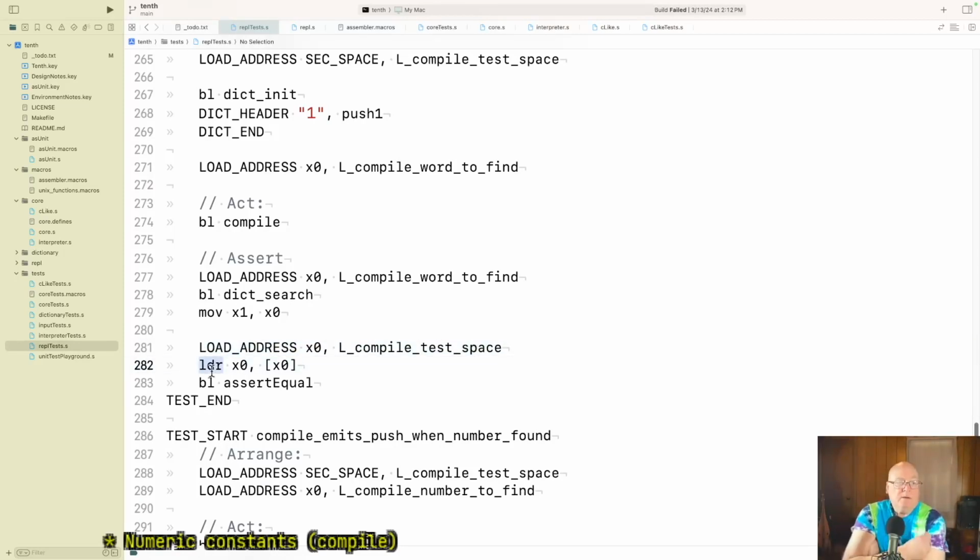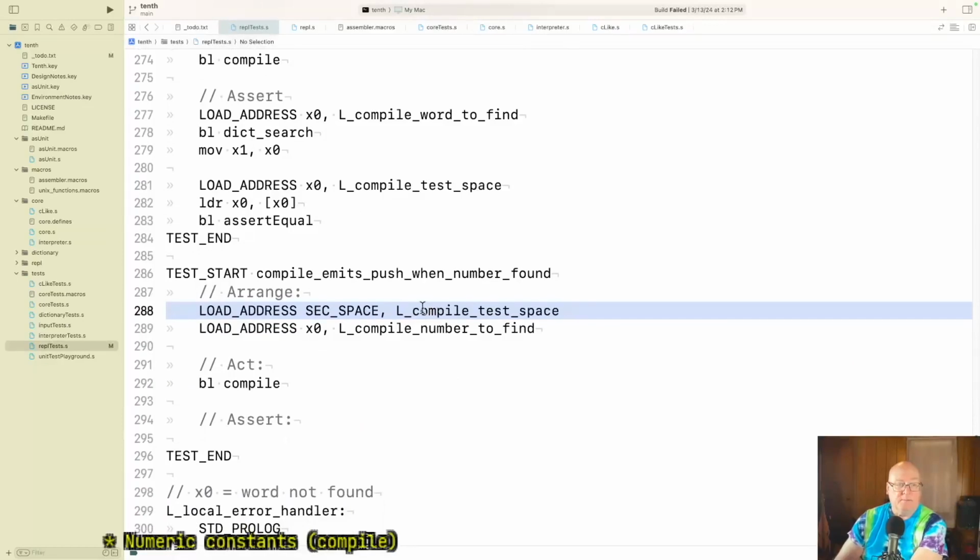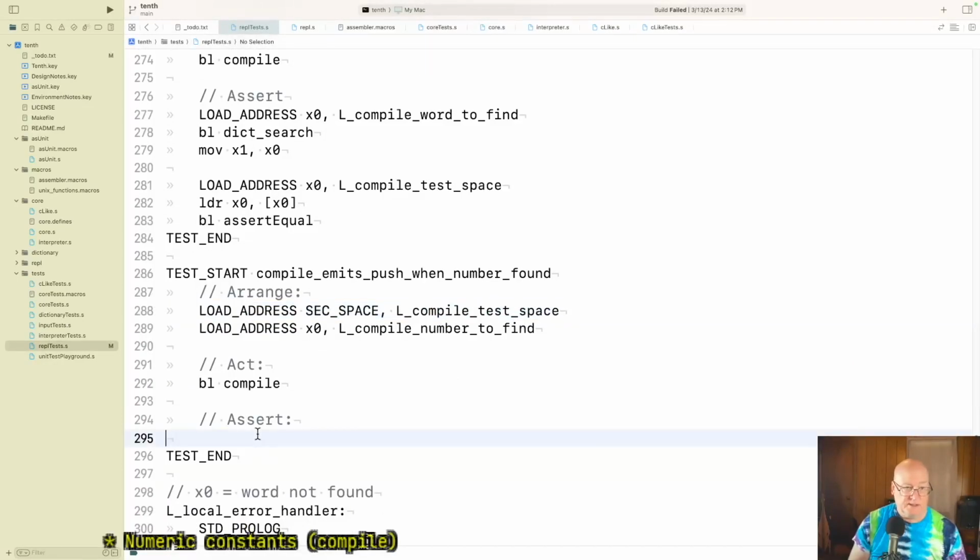Right. So we're kind of assuming the header was already written. We don't really need to test that part. So we're just going to look at that compile test space, where we're writing stuff out. So we should see, at compile test space, we should see push. Now, how we get to push, that's going to be a little tricky, but